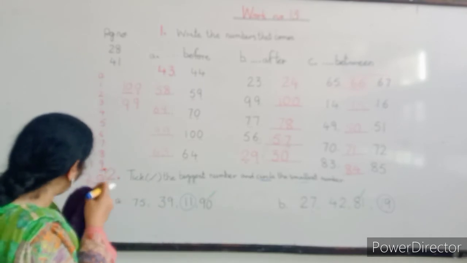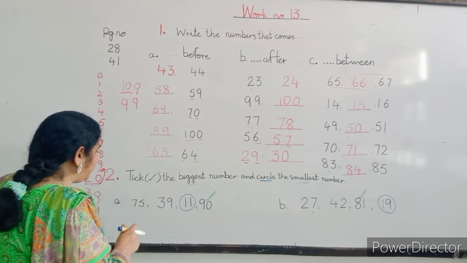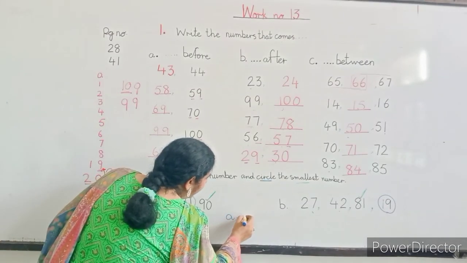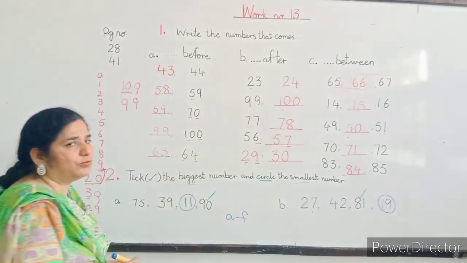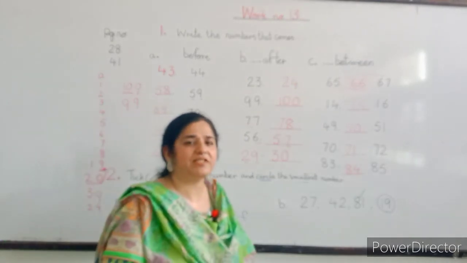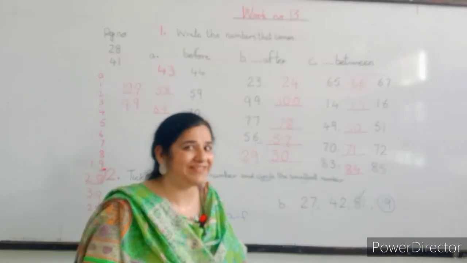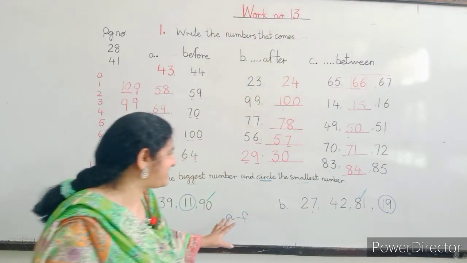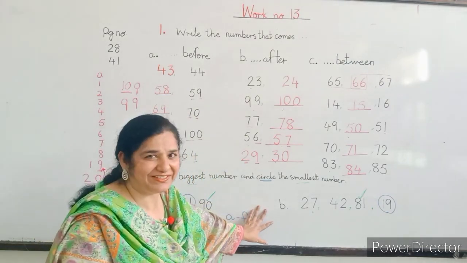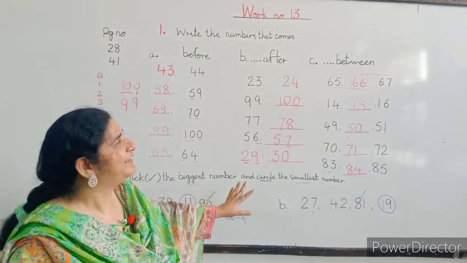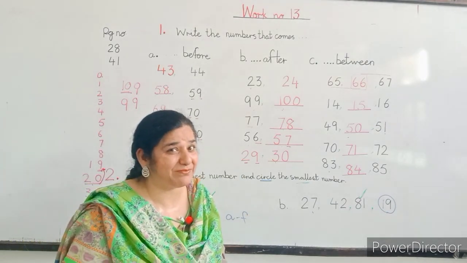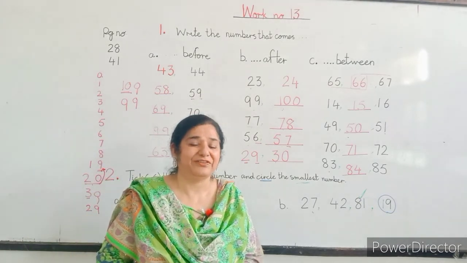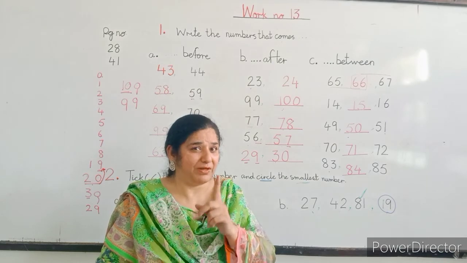Okay, children. Now on question number 2, you have the parts A to F, and you have to do these parts yourself. I hope you can do this. Okay, is it easy? I think it's very easy and interesting work. You can do it with the colors and you can enjoy it. Okay children, and don't forget to send me the picture of your work. Right?